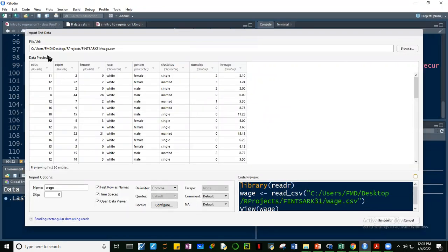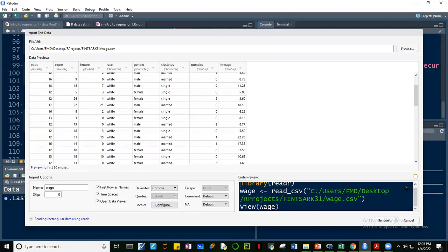Okay, so if you take a look at this, this is its content. You notice these are the variables: education, experience, tenure, race, gender, civil status, number of dependents, and hourly wage. And if you see, guys, there's a double, right? So numeric, character, and then double. Okay, now